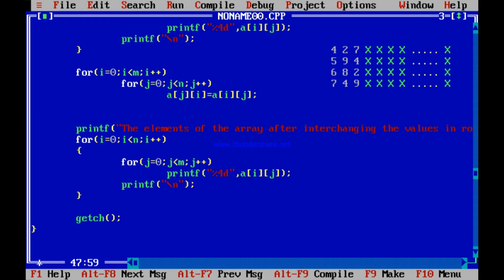So do you remember one thing? Here what do you need to do? Here you need to swap. That is, the program to be written is swap A[j][i] with A[i][j]. How to do that? This I am making a comment because this is not a program statement. But I need to do a program statement to swap A[j][i] with A[i][j].